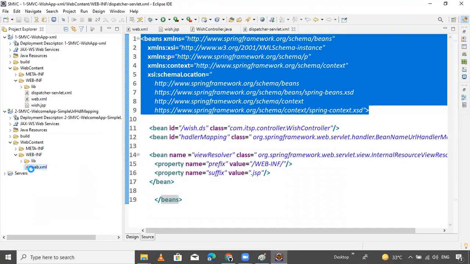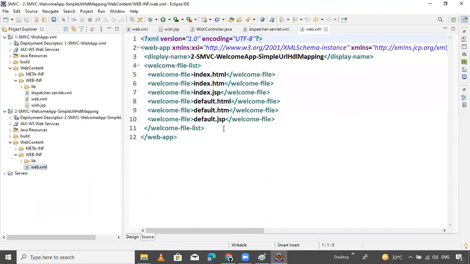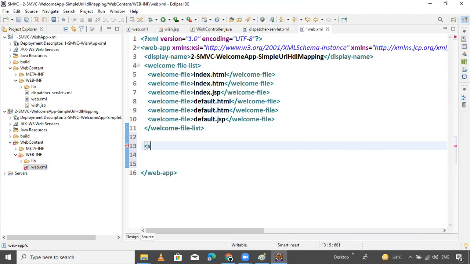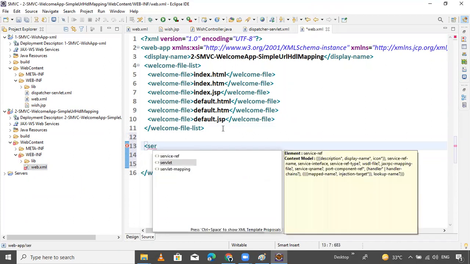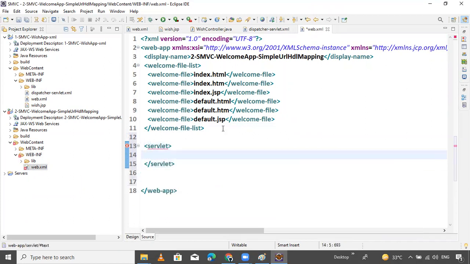And next is the web.xml file. Here you can provide the dispatcher servlet configuration. The dispatcher servlet is important. Its tag is servlet. Inside the servlet, first we provide the servlet name. You cannot use servlet hyphen name.